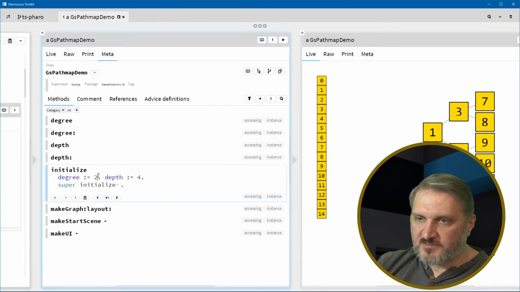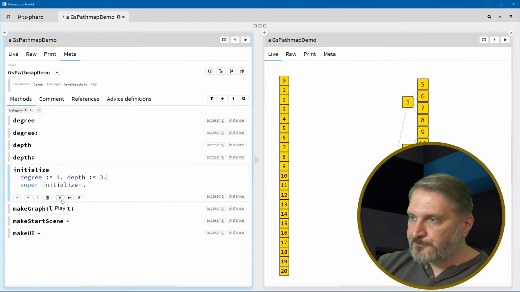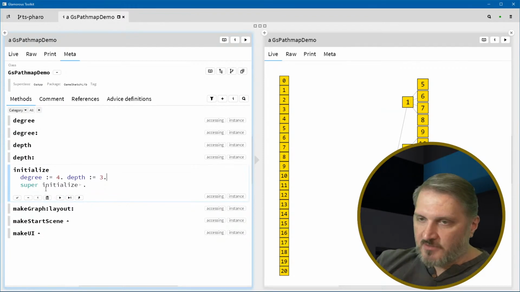I can actually fix this. I can say if 4 and 3 and save this. So instead of a binary one, I can change that to depth 4 or degree 4. So 4 children per node, and so you get different structures. Okay, but let's put it back and let's talk about